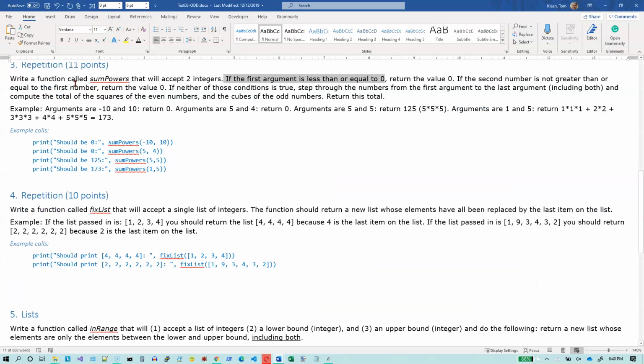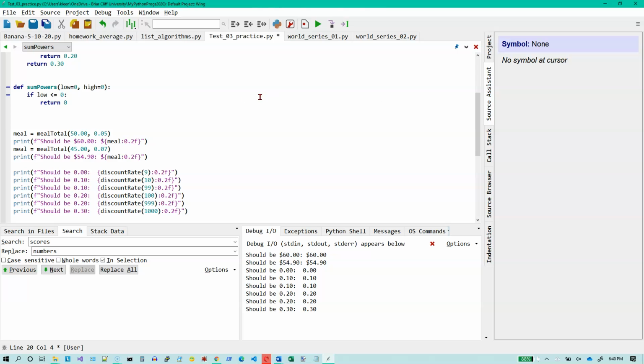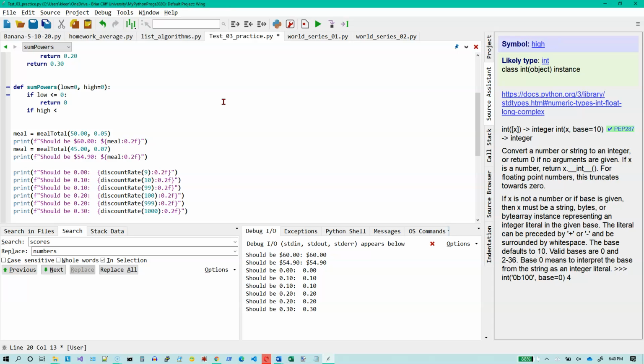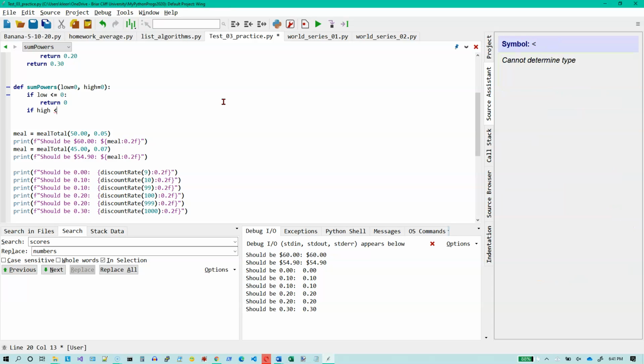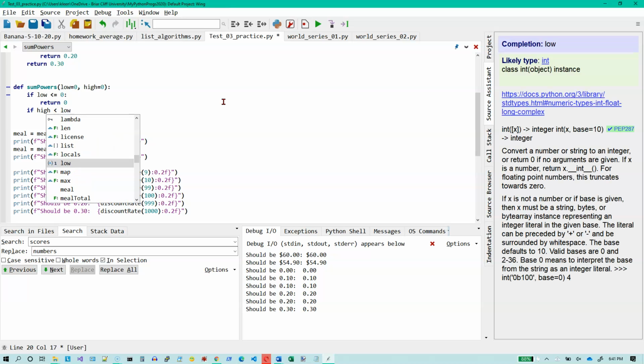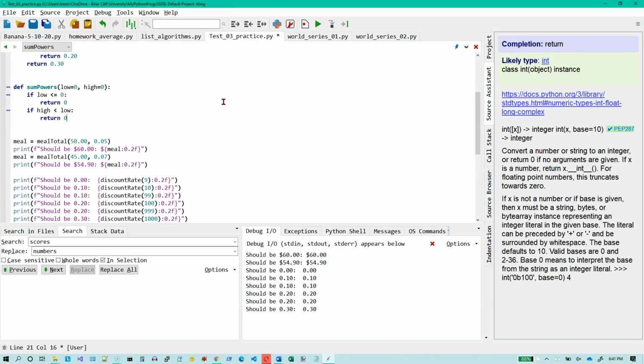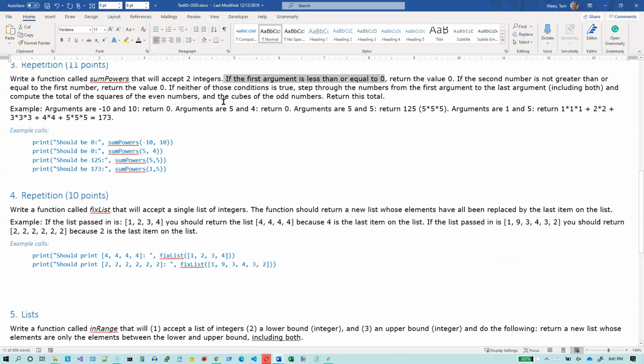And the next one says, if the second argument is not greater than or equal to the first number, return the value 0. So if high is less than, so not greater than or equal to would be the same as less than. So if high is less than low, return 0. Okay, if neither one of those is true, then step from the first one to the last one